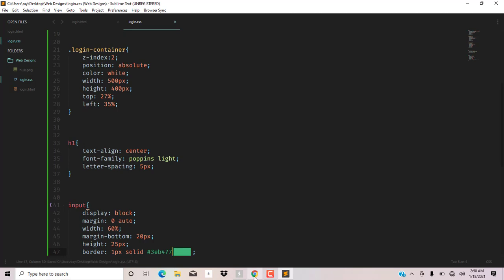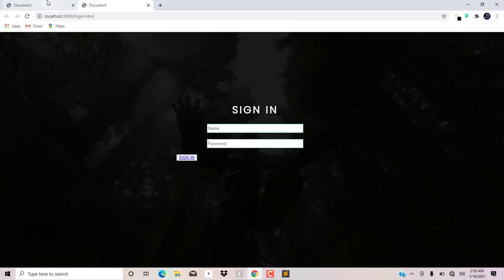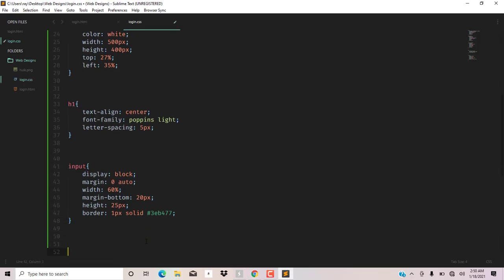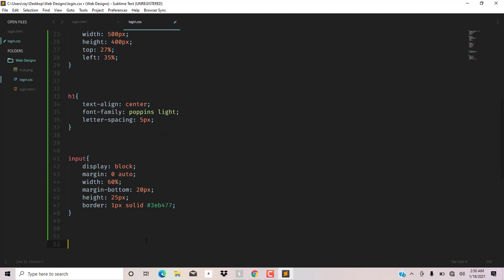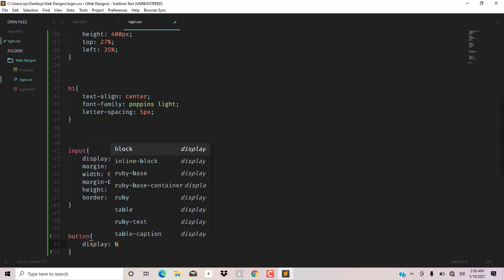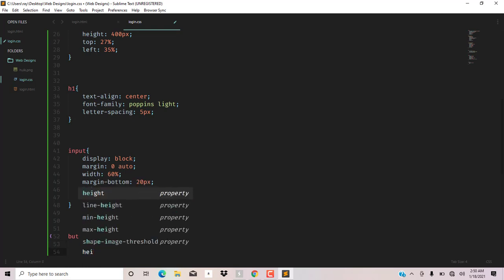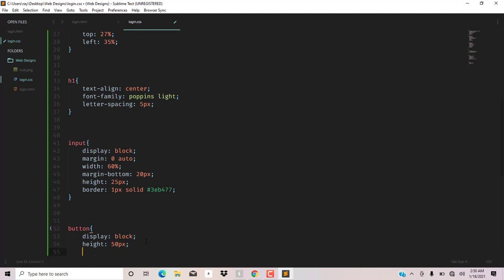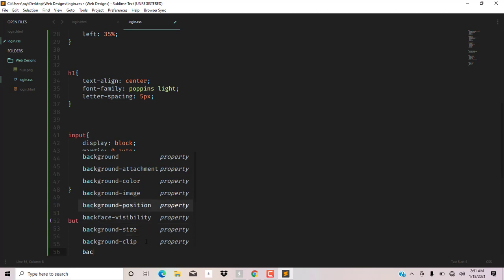Yeah, I think when I head back, okay, we have it, just have to increase the size. Okay, let's move on. Next up we're gonna style the button. Yeah, the button, the sign in button. So give it a display of block, a height 50px, a width of 64%,